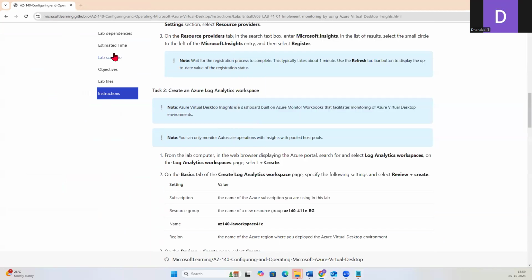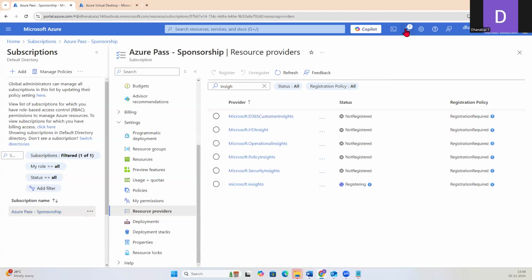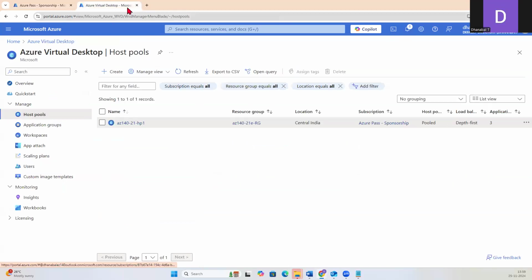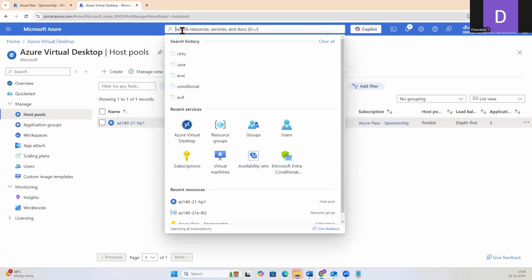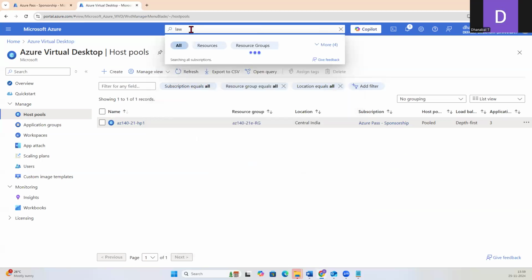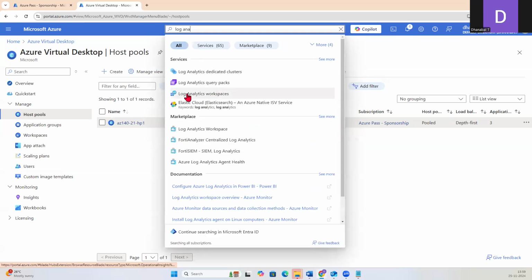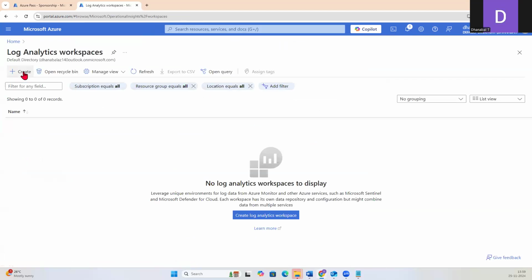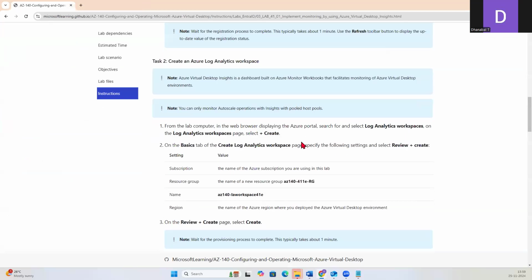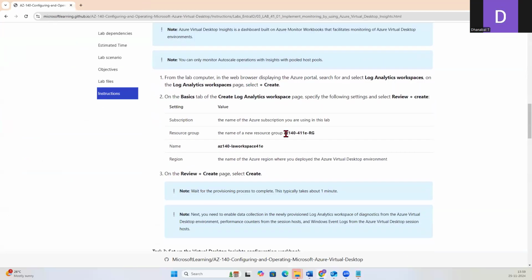But we don't need to wait. Let's continue. I hope it is still registering. In a new tab, we can go to creation of a log analytics workspace. Search for log analytics workspace and create one. Let's get the name we have to give. So the resource group to be